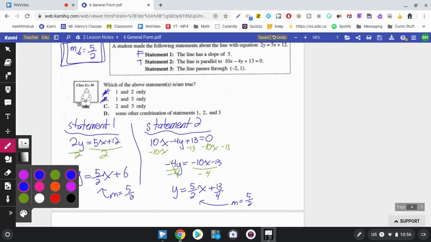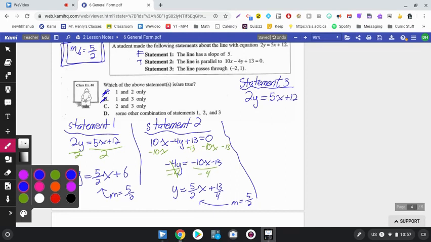And now what I need to check is statement 3. If statement 3 is true, then I know the answer is C. If statement 3 is false, then I know it's D, which is just anything else, right? None of the above. So statement 3 says the line passes through negative 2, 1. This is actually something you would have done in grade 9 quite a bit, okay? Which is to say, if I have this equation,